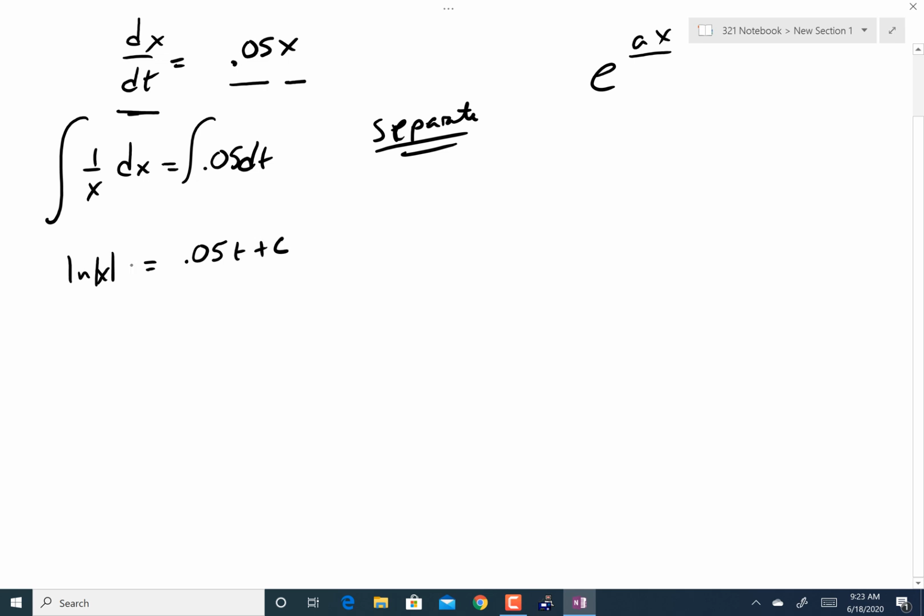In other words, there's a c here, and there's a c here, but a c plus a c is a c, yes? So I can move all the c's to one side. Now I don't want the ln of x for crying out loud, so I'm going to exponentiate on both sides. When I do that, I'm going to get x is equal to e to the 0.05t plus,